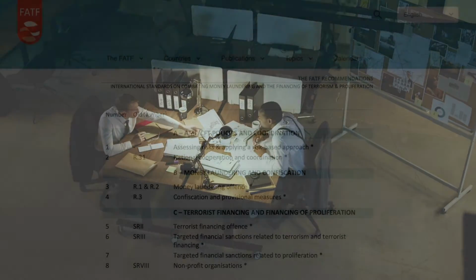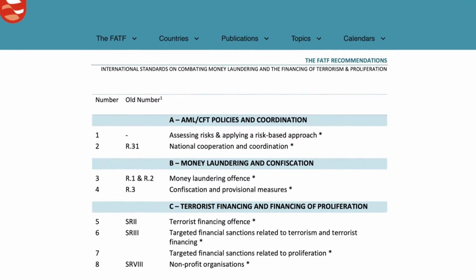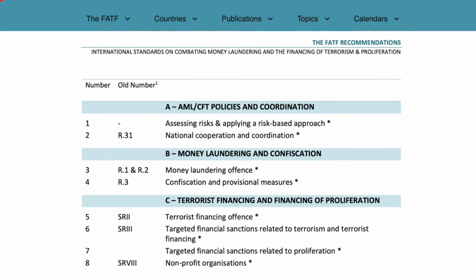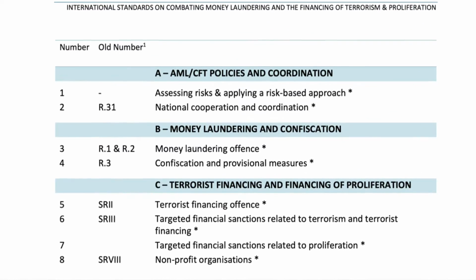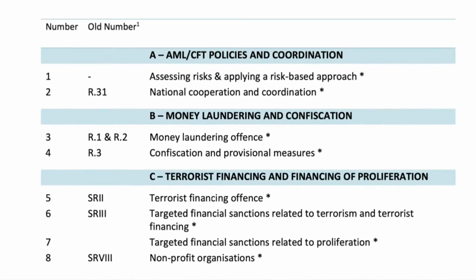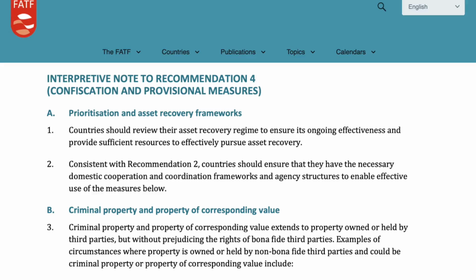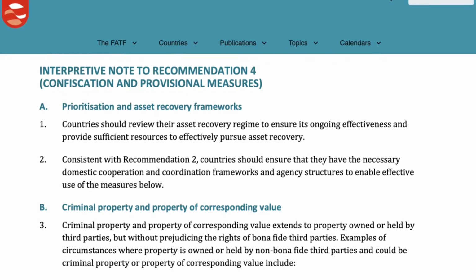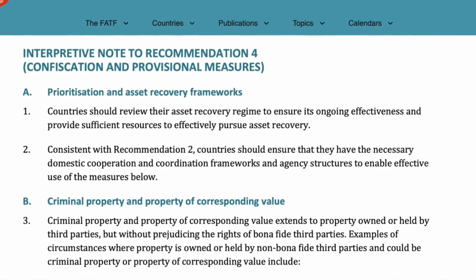In this video, we'll be discussing Recommendation 4 of the Financial Action Task Force's 40 recommendations concerning money laundering, confiscation, and provisional measures in Part B of the FATF Recommendation Handbook. Additionally, we'll be reviewing the 17 interpretative notes accompanying Recommendation 4 found on pages 40 to 42 of the FATF